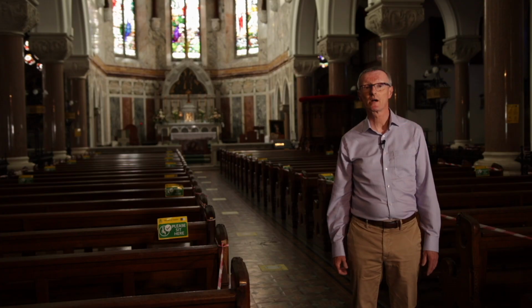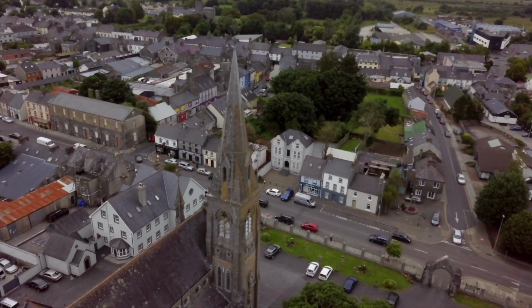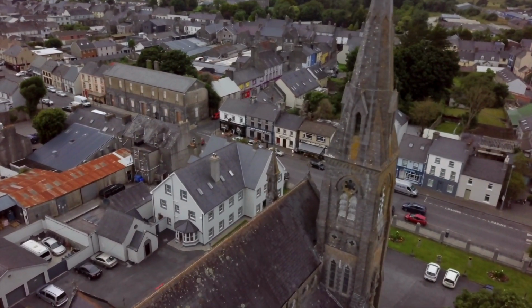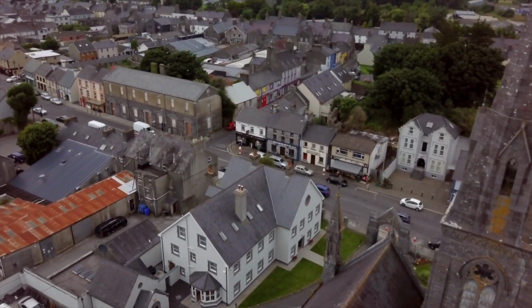So we've left the Cistercian Abbey and we've moved the short distance to St. Brendan's Cathedral. Neo-Gothic structure, so has connections with the Abbey. And in this instance, it's late 19th century. Perhaps not very remarkable from the outside, but once we come in, what we notice straight away is the stained